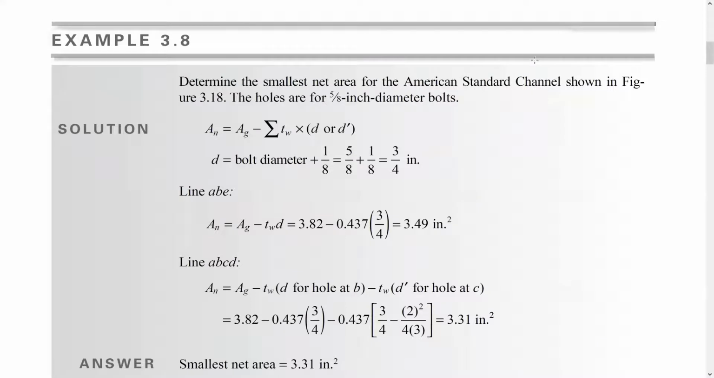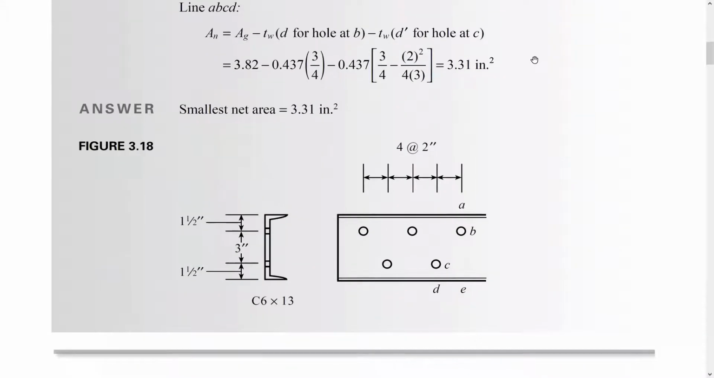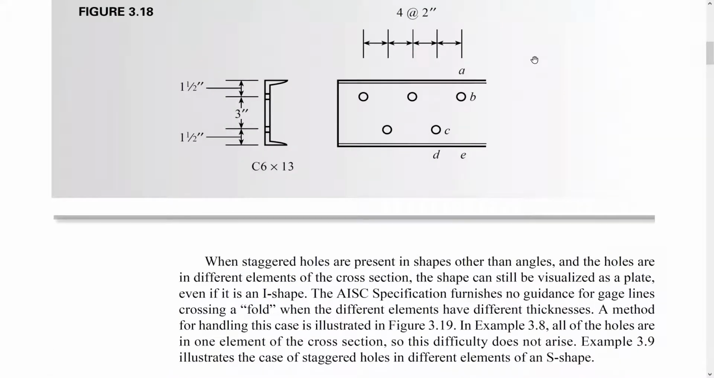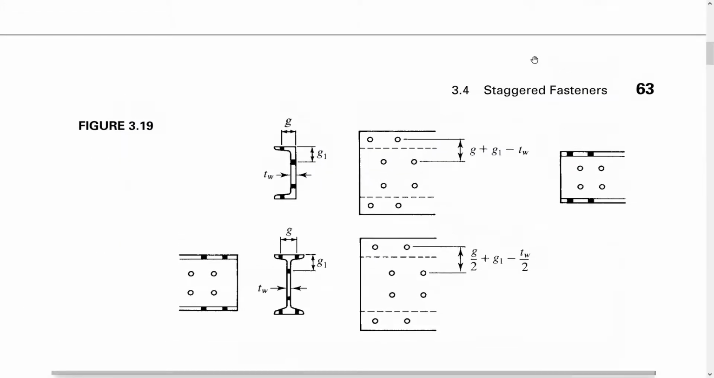In example 3.8, we determine the smallest net area for the American Standard Channel, which is shown in figure 3.18. So I'm going to leave this question for you to solve. It's not a complicated question. There are some cases we need to talk about and see how we're going to get the gauge